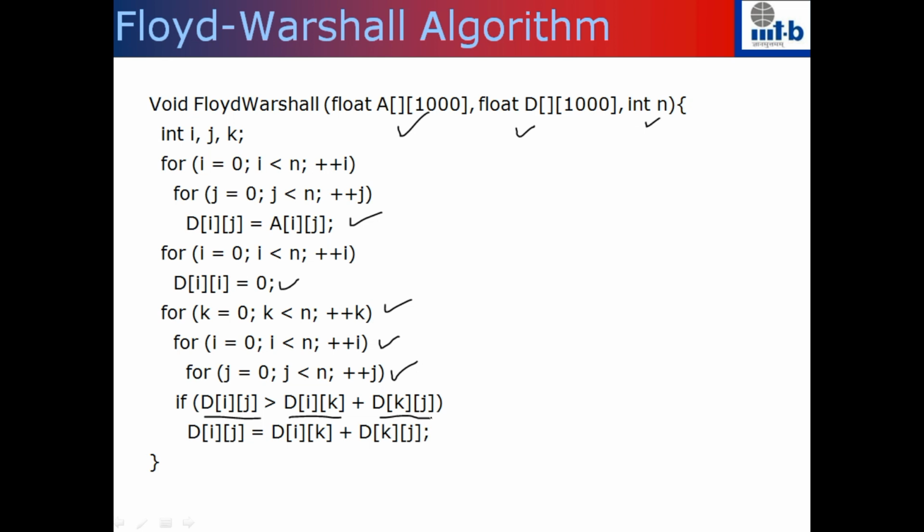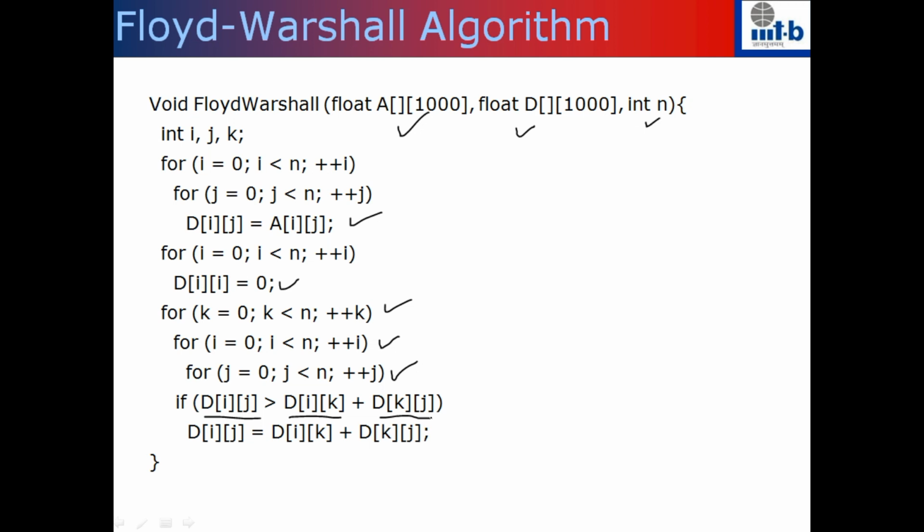You can see that there are exactly 3 for loops, and so the complexity of this algorithm is order n cube. Implementing this algorithm is simple, a few lines of code, and it's also easy to see that this algorithm takes theta of n cube time. What is not immediately clear is why this algorithm always computes the shortest path correctly, which we will skip for the time being. As I mentioned earlier, we'll come back to the correctness of this algorithm after we study the technique called dynamic programming.